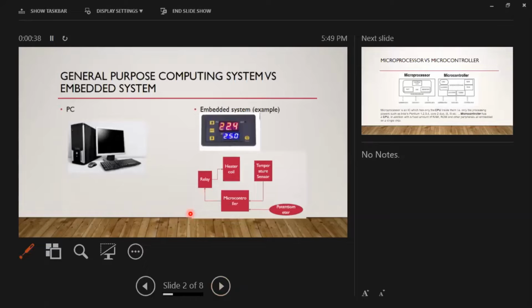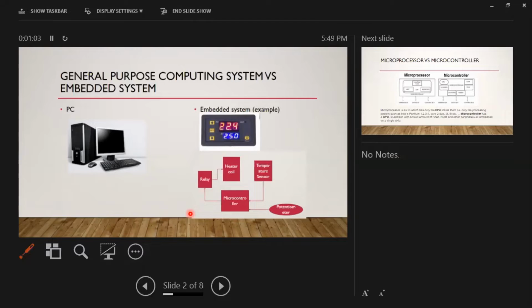On this slide, you see two different categories. One is a general purpose computing system and another one is the embedded system. The general purpose computing system is used for various purposes. They are used to compose a mail, watch a video, or edit a text using editors, or they are used for software development. Mostly they are user driven. User does something and we get a response.